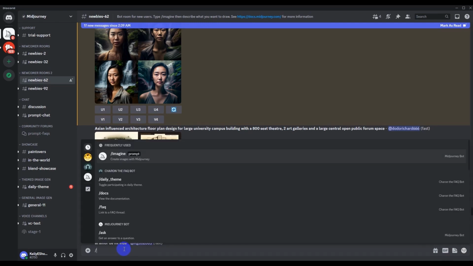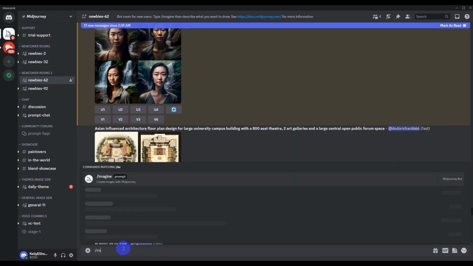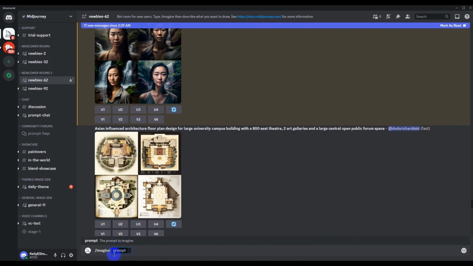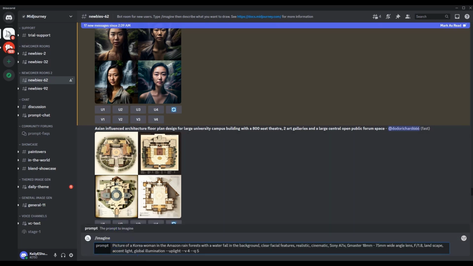Okay, so let's see what happens. Imagine, we are changing what? The lens. Let's just say 18 mm. Let's see what happens. I hope we get a full picture. Or is there anything I can add?